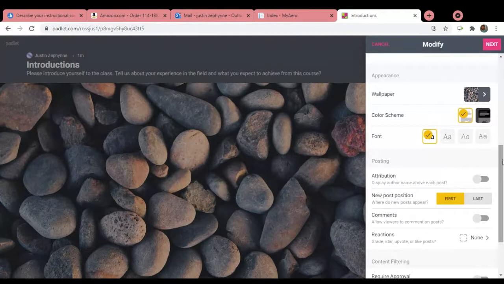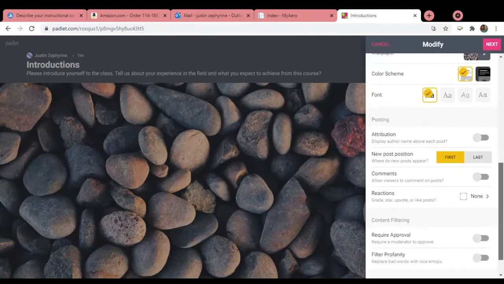Great. So now we're going into posting, what the posting settings would be like. Now you could set the font sizes and so on. I generally tend to leave it as the default because it's fairly readable. This attribution is something that Leslie just inquired about. So this is where you're going to set it, Leslie, if you want the author's name to be displayed above each post. In this context, I would say yes. I'm enabling it, so it's yellow now. All right. Yes, thanks.